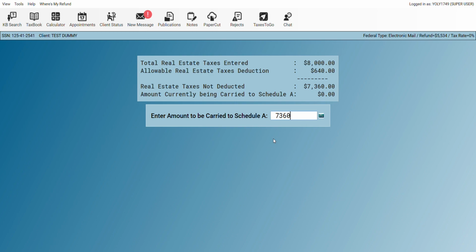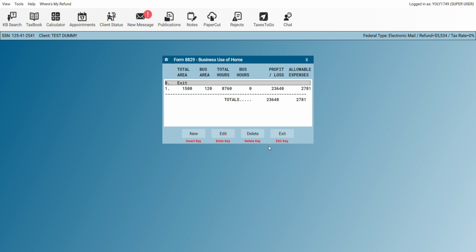So this is going to help you. This is the same situation for the real estate taxes. You don't double count this. Real estate taxes on a personal property, if you're doing Schedule C, this section right here carries forward to what's going to be in Schedule A